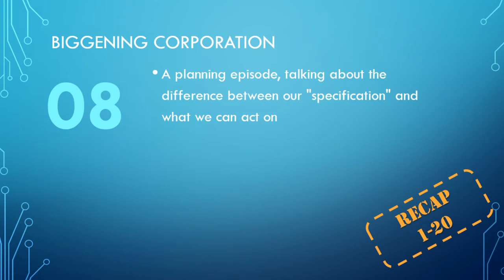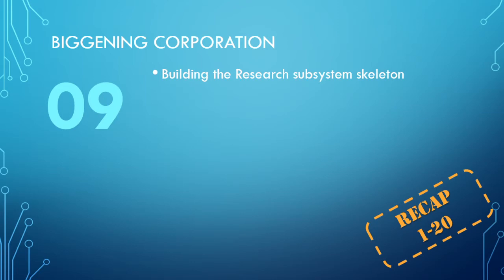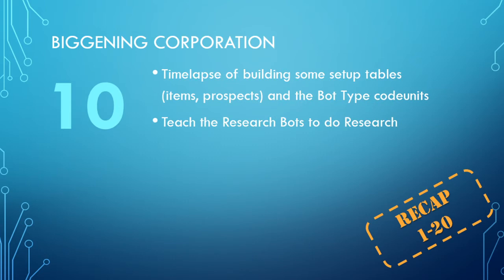In episode 8 we had a little bit of a strange episode, not going into the code at all. We instead focused entirely on planning, outlining some of the differences between what the specification, quote-unquote, says and what we can program. And finally, in the 9th episode, we built a research subsystem skeleton that was creating the template for how research might work, prerequisites and things like that,